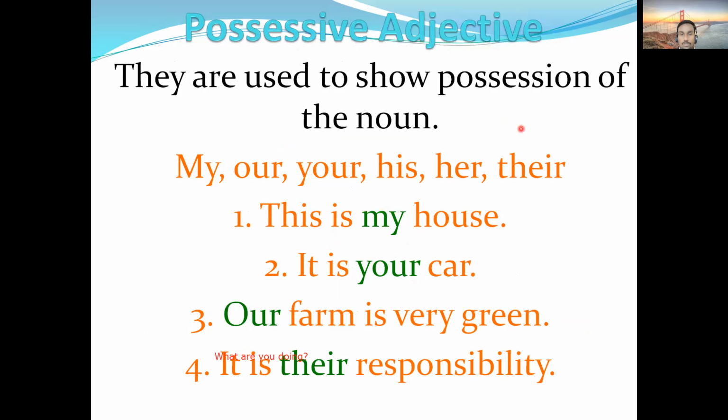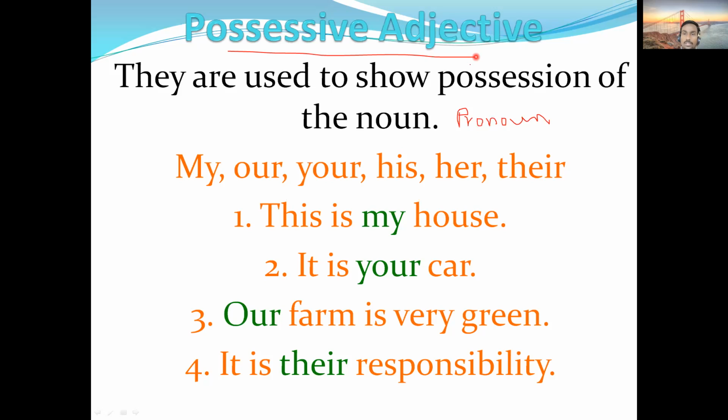Then I think we are moving towards the last type. No, there is one more. Right now we have the possessive adjective. I have already told you we studied this possessive adjective part when we studied pronouns. If you remember, that is where I taught you possessive adjectives. So what is possession? Possession means something that you have, something that you belong to, or something that is the ownership of something. That will be the meaning of possession or possessive.